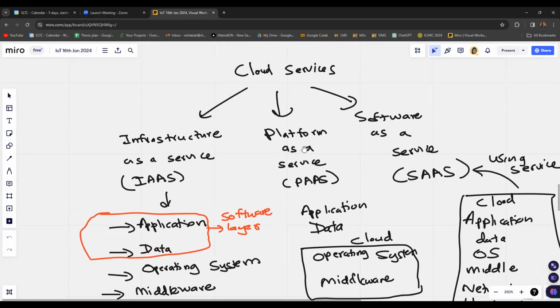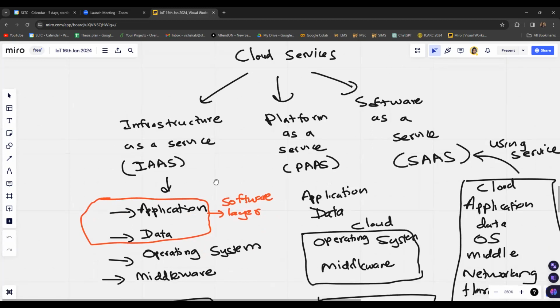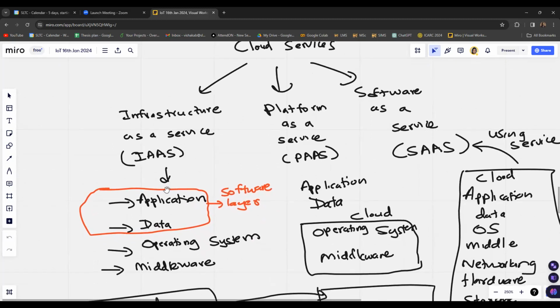So let's take an example here. Suppose you are starting a company of your own, and you want to develop an infrastructure that gives services to your customers. If you want to build an infrastructure according to your own preferences, then you need to customize the entire thing, right? You have to customize the operating system that you use, the platform that you use, and then the softwares that you use. Based on those requirements, you will be going ahead with the infrastructure as a service model.